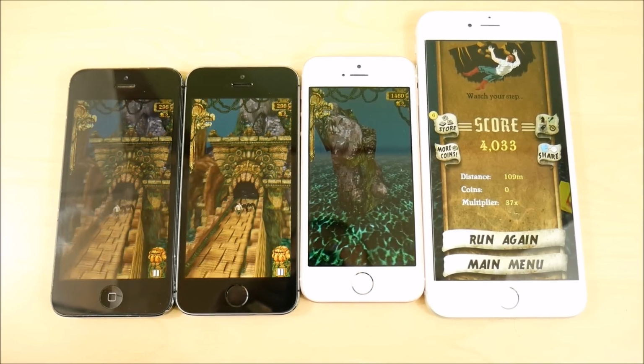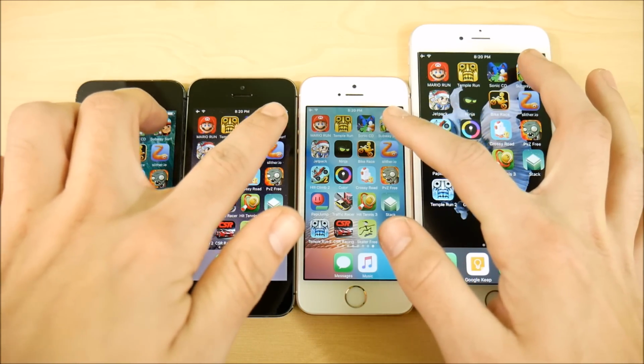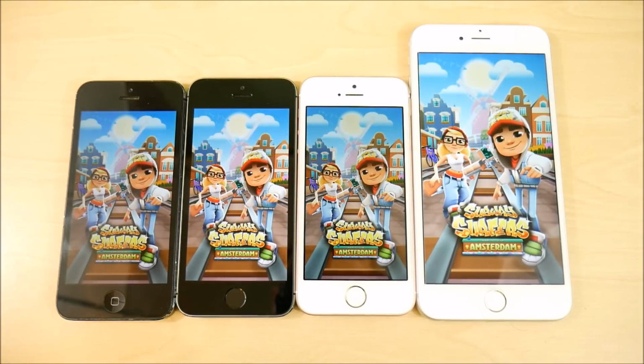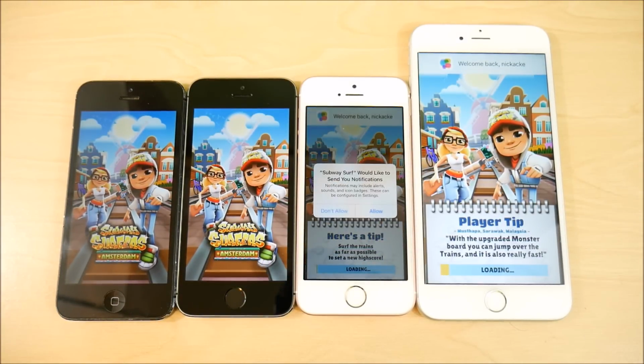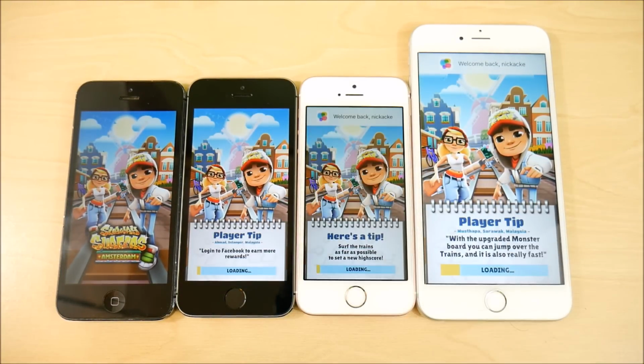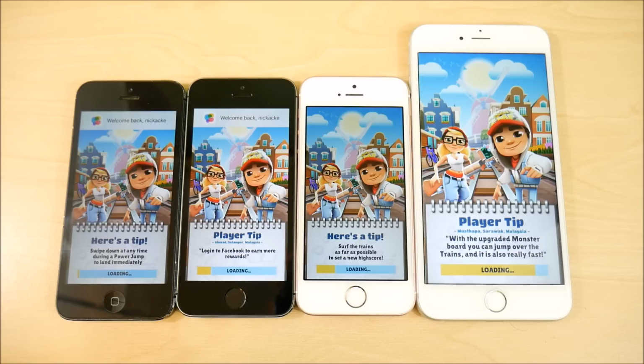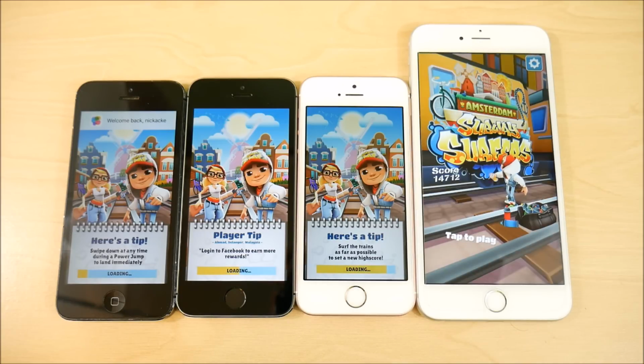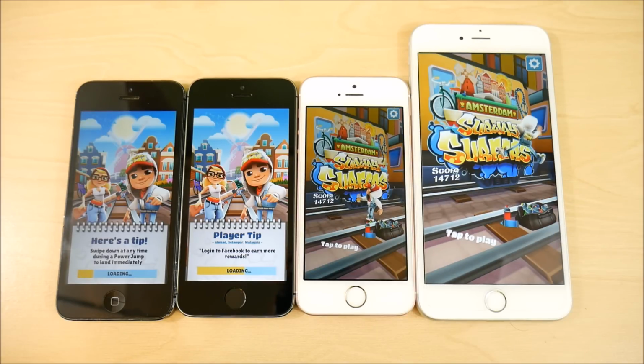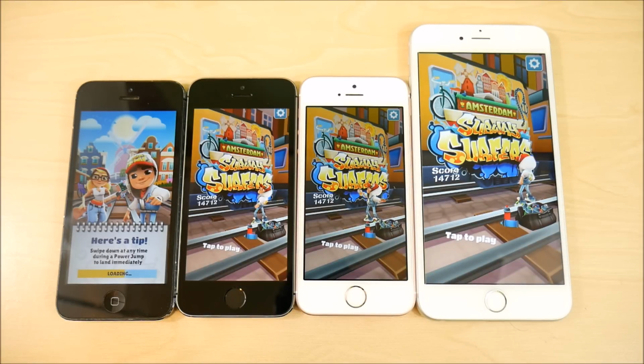But let's get into the next game in our test, which is going to be Subway Surfers. A very popular game, and we do have an annoying notification there on the SE, so let's see who gets there first. Looks like the 6S Plus, but I'm sure the SE would have been right there with it if it wasn't for that annoying notification. So I'm just going to call this a draw for the SE and the 6S Plus, but now the 5S looks like it is catching up for third place, and here is the iPhone 5